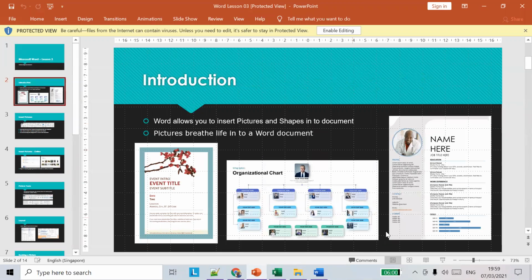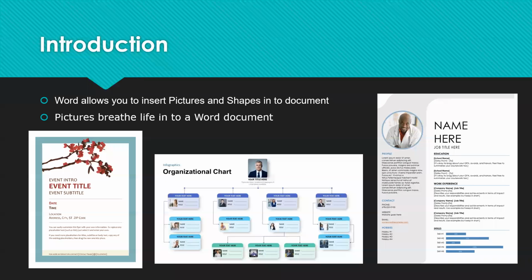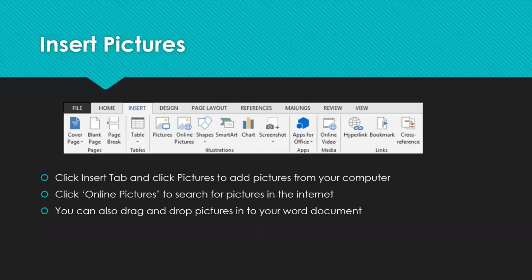Okay, so today we saw how to add pictures to the document, and how to insert pictures. There are two ways to insert pictures: from the local computer and from online.